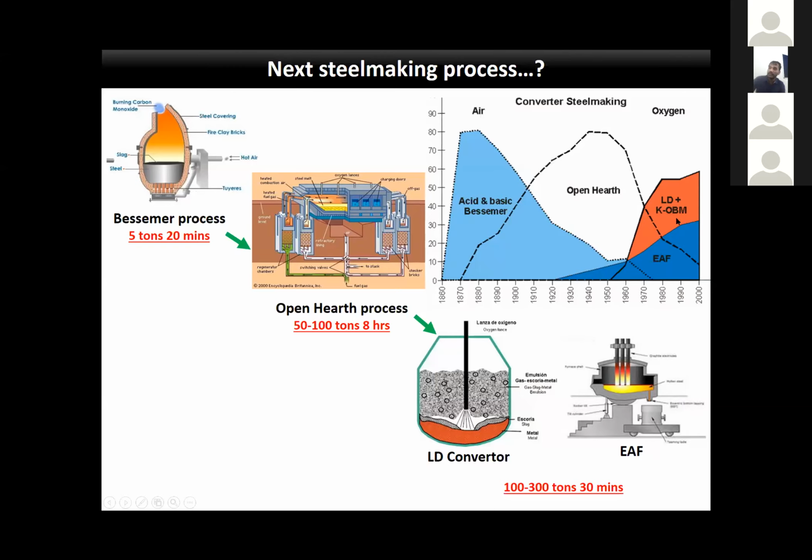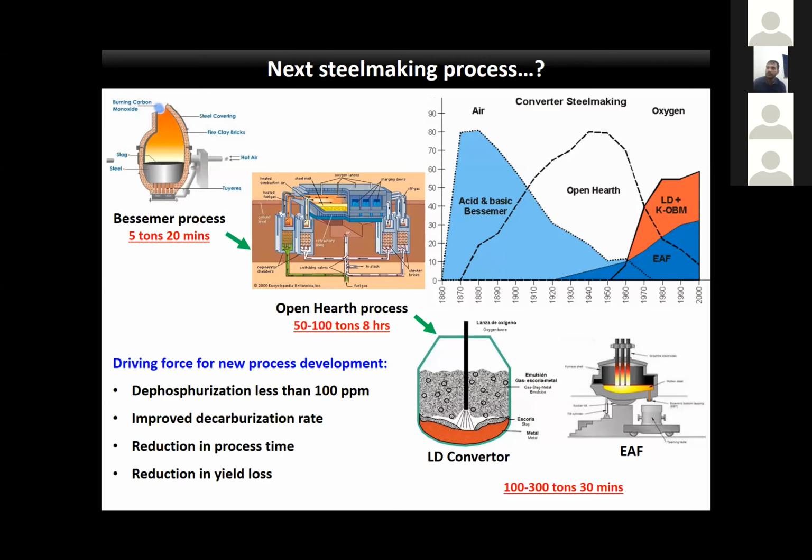We do not know whether we are now at the peak value, or whether it is going to saturate, or whether there is any other steel making unit process which is actually going to start from this position. That we do not know. All our expectation is that there has to be some novel steel making process to compensate our energy consumption and the extent of environment pollution caused by these processes. It is always a thrust area for all the researchers and the industrialists to work on, to come up with a new novel process which is better from an energy and environment point of view.